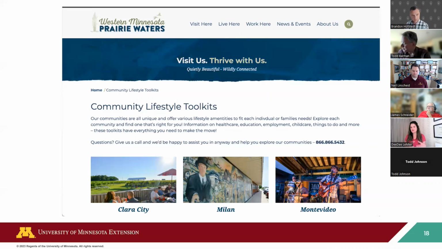So for this organization, they've categorized this as community lifestyle toolkits that I think is really powerful, but they're digging into, what is it actually like to live here, to look at childcare, to look at recreation, employment, housing, all of those kinds of wraparound things. And I especially really like this approach because even if there's folks like me that are from an area,